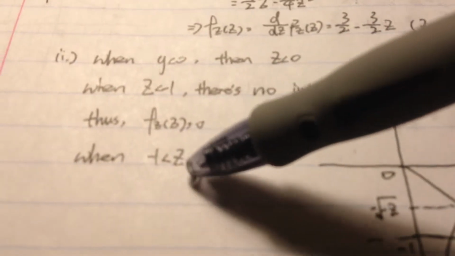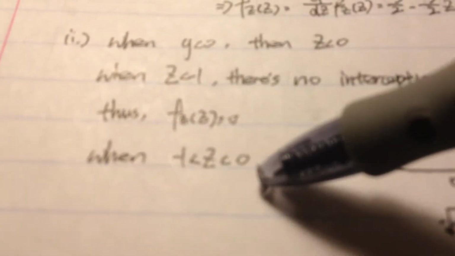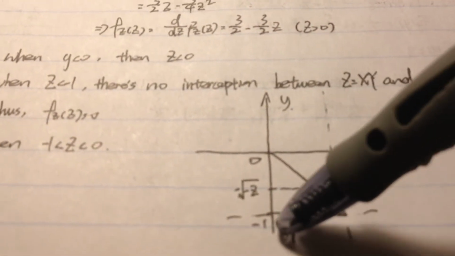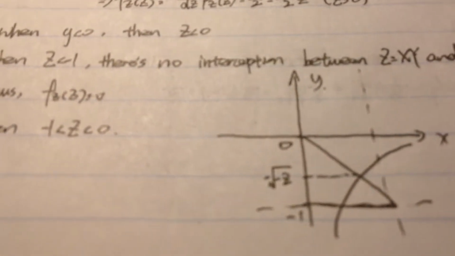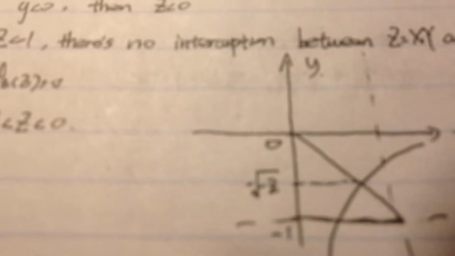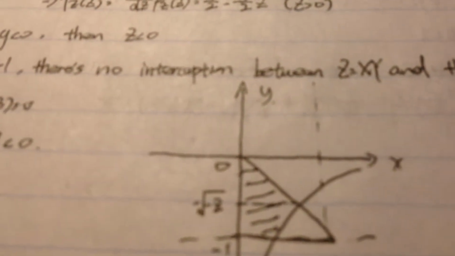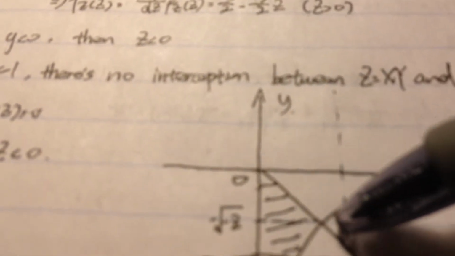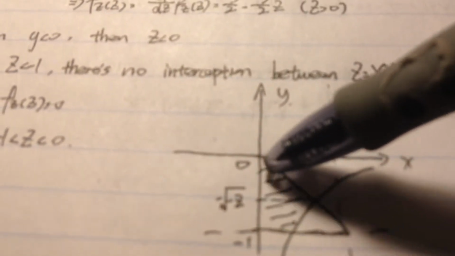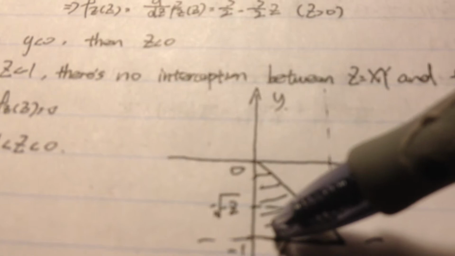And when z is greater than -1 and less than 0, it should be like this, so the feasible area is just this shaded area. So we also split this shaded area into two parts. One is this, and another is this,